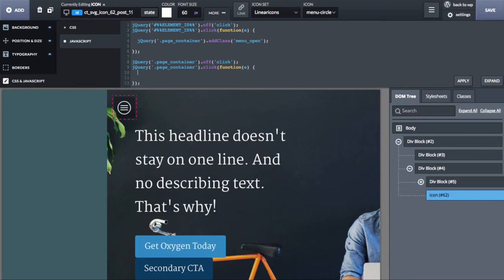Okay, now what we're going to do is we're going to check to see if the click took place in the menu, because it might have taken place in the menu. If the click took place in the menu, we don't want to actually close the menu. We only want to close the menu if the click took place outside of the menu. So if the click did not take place in the menu, so if not, jQuery